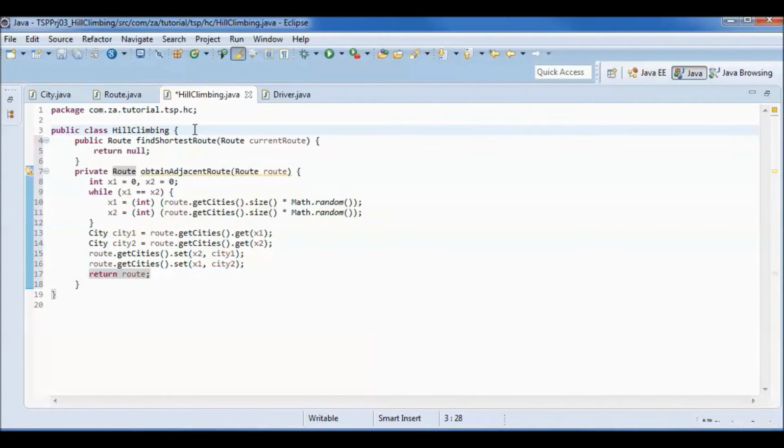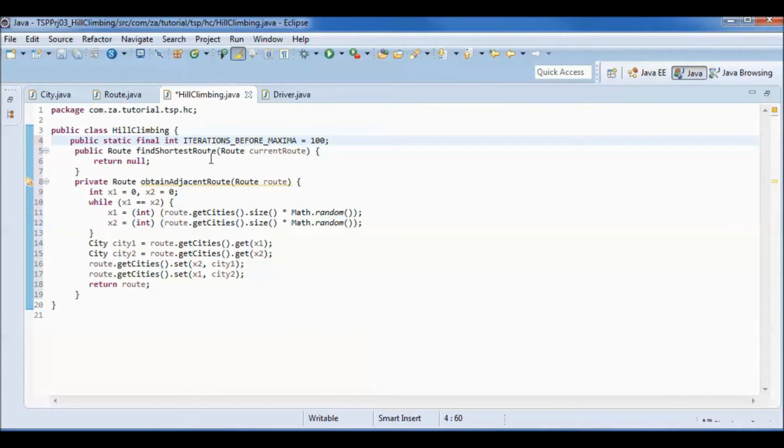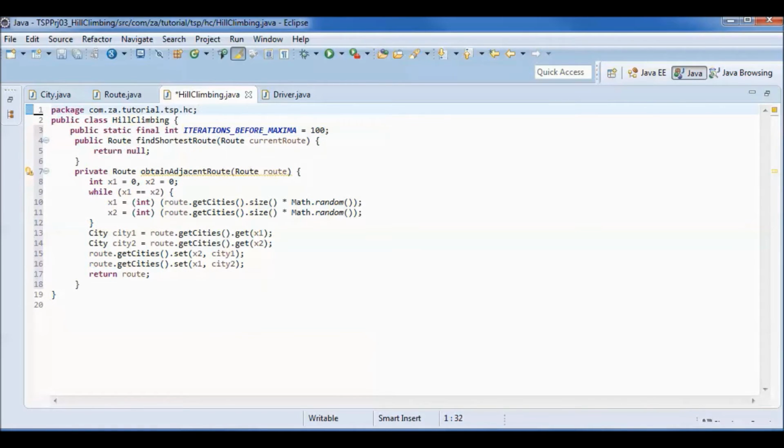And I will define this iterations before maxima. So it is the number of iterations we check the adjacent route if they have larger distance than the current route, before considering the current route as a potential maximum.